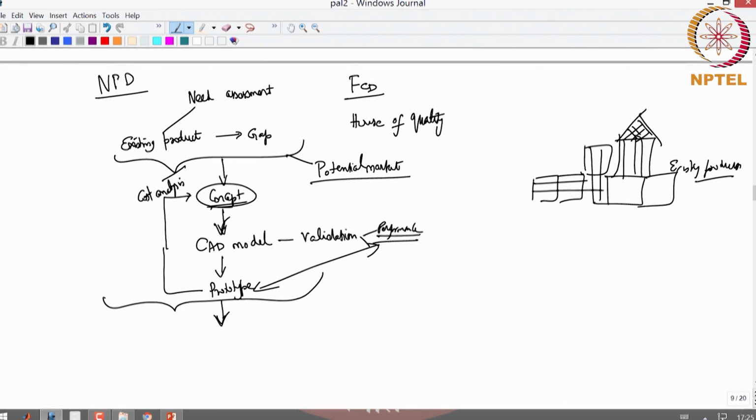Then we look at the manufacturing process. Okay. So then you go to manufacturing. Actually, this itself is manufacturing only. So you're talking about mass production. Okay. Then that's it. Is that all? Go to the market. Let's say market. Unless you have the market, you are not going to mass produce. Okay.